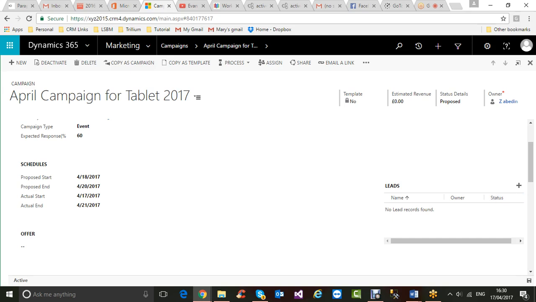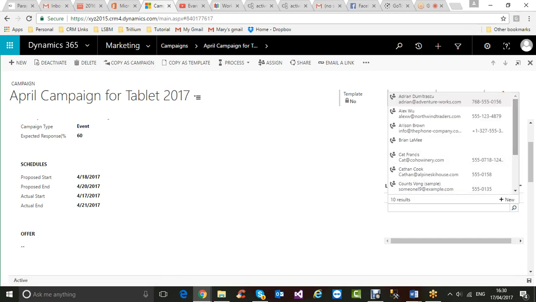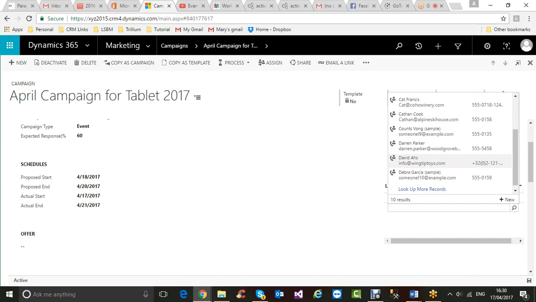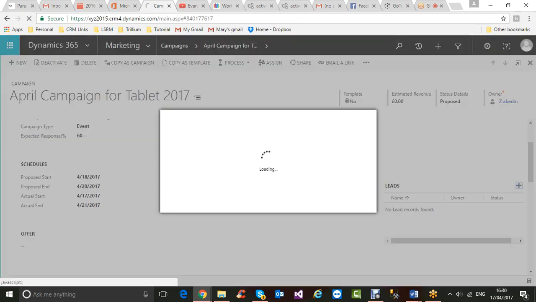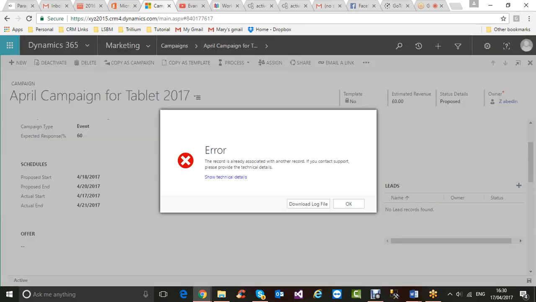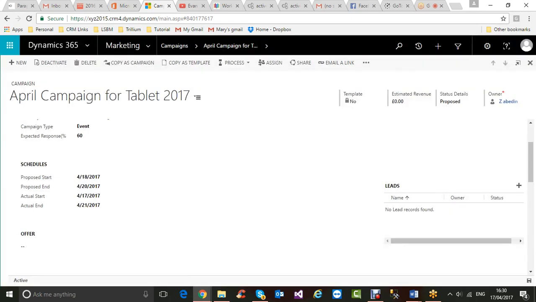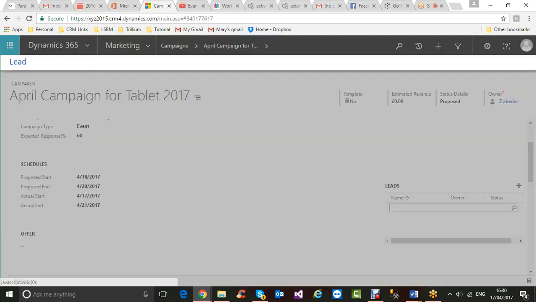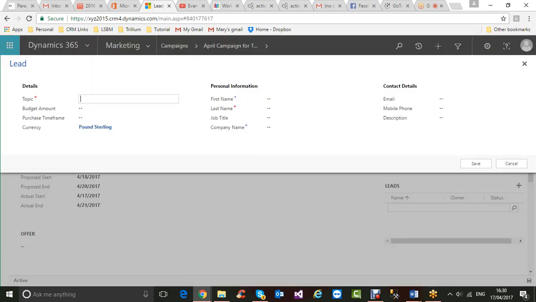So that is why you cannot add it. In most cases the same error will show. Yes, it shows the same error: the record is already associated with another record, so we will not be able to add that one. But in that case, what you can do is create a new one, and we will add that new lead here. Now what you can see here, this small half of the window,